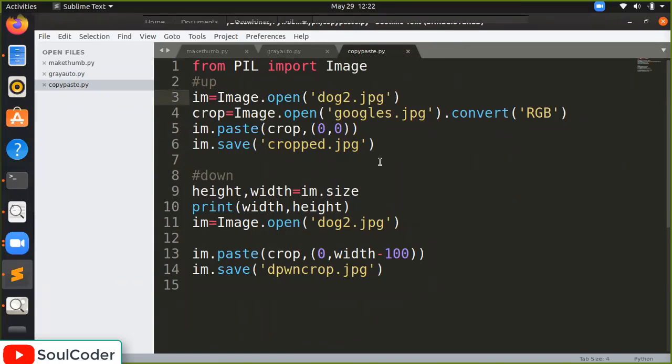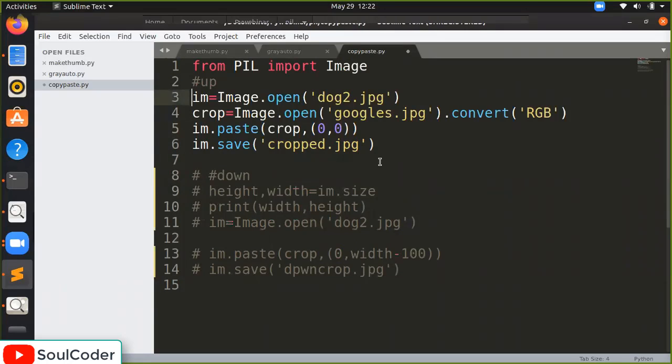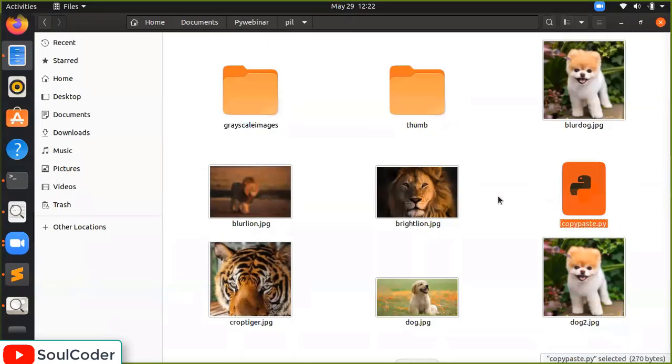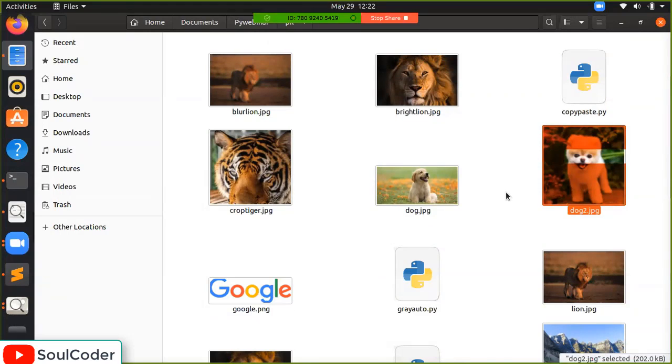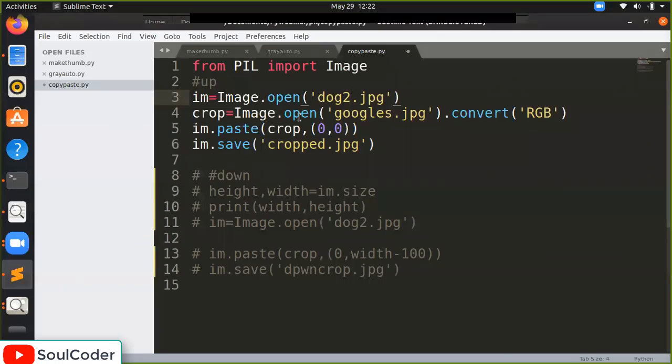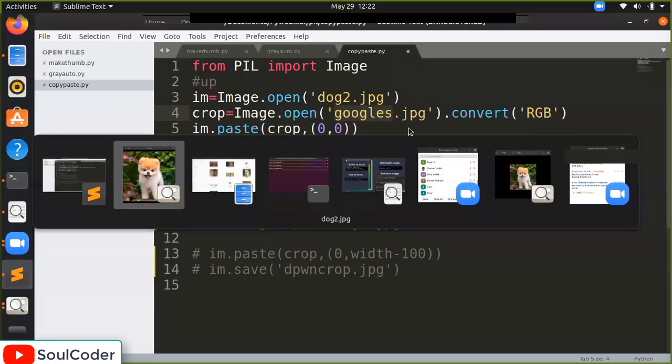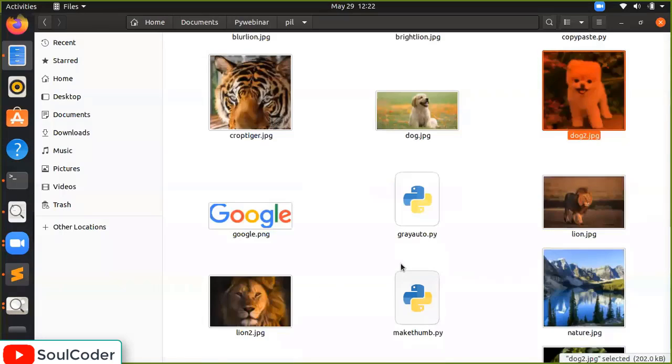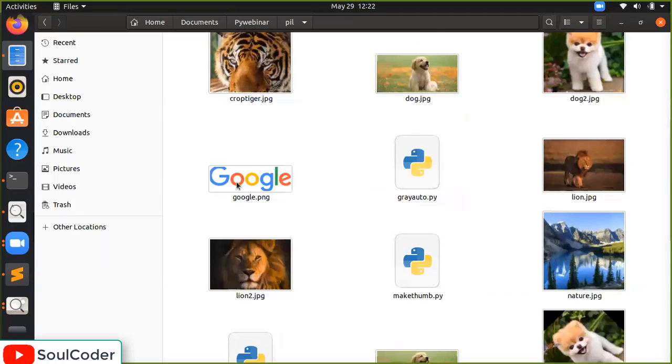So first, I will comment this part. From PIL import Image, and we are going to open this dog image over here. And what exactly is the dog image? Which is the dog2 image. And Image.open, we are again opening a different image, which is google.jpg. So there doesn't exist any google.jpg,